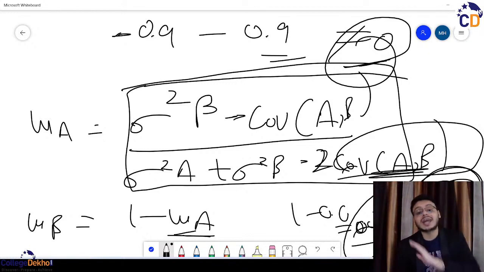सेम यू कैन डू दिस फॉर एंडलेस नंबर ऑफ स्टॉक्स, okay. So this formula tends to be quite complicated, but if you are understanding this formula and doing it on a daily basis, it would be very easy for you, ठीक है।